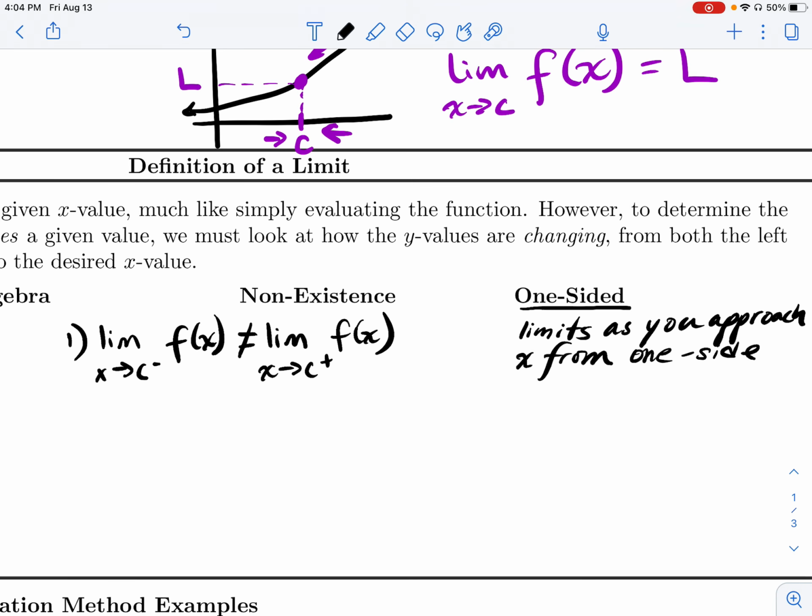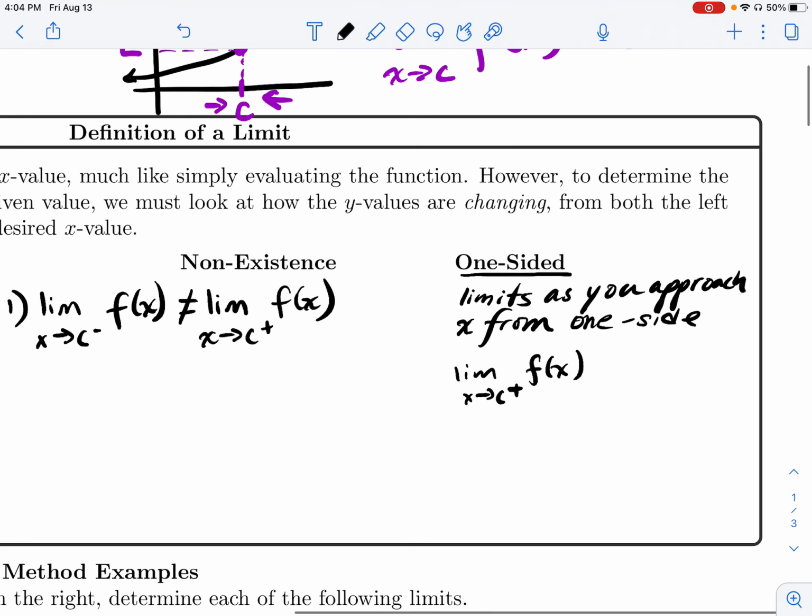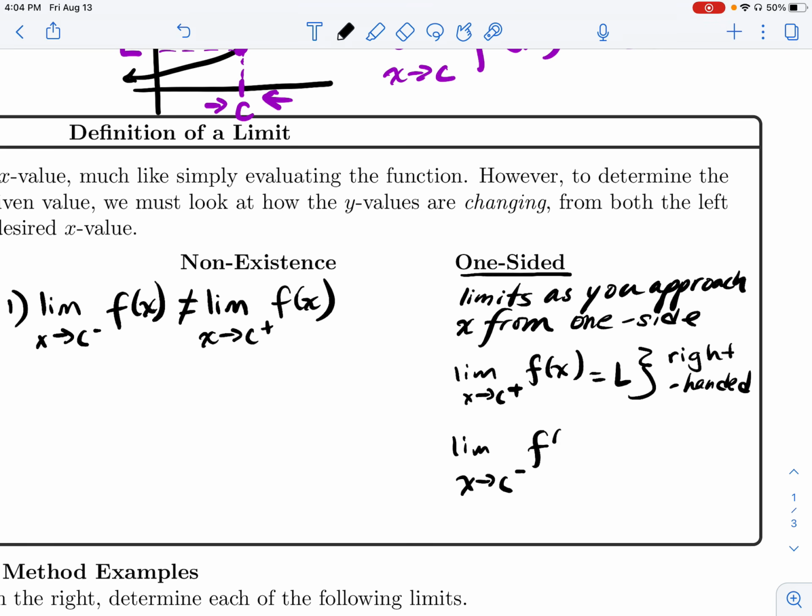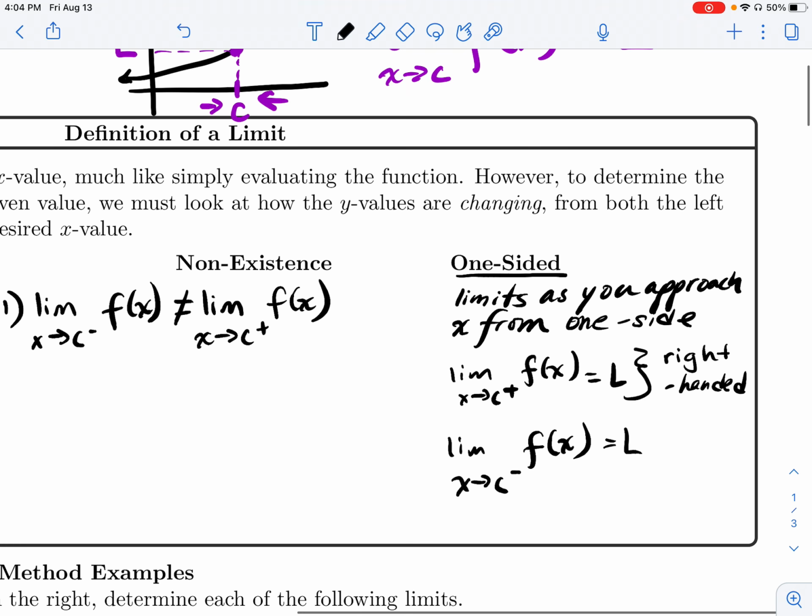Right? So we can say here that the limit as x approaches c from the right, and that's the notation here to indicate that we're approaching from the right-hand side, is some limit, and we call this a right-handed limit. And as we approach that same c value, this time from the left side, and that negative there is not an exponent, but just to indicate that we're approaching from the left side, we call this a left-handed limit. So when these two values don't agree with one another, or they're not the same, we say that this limit